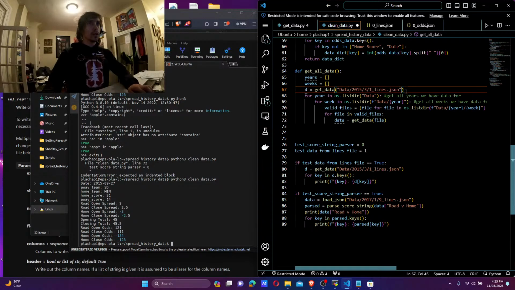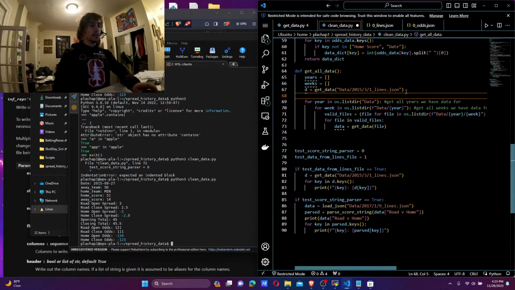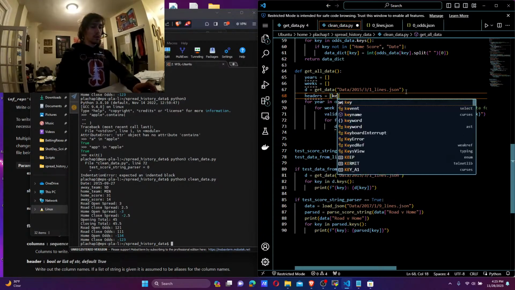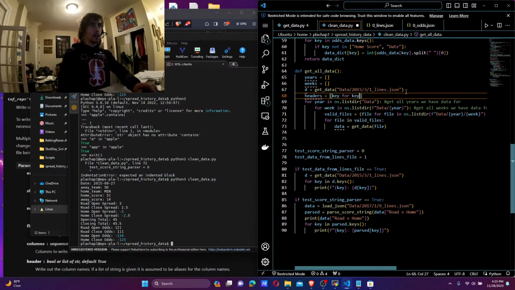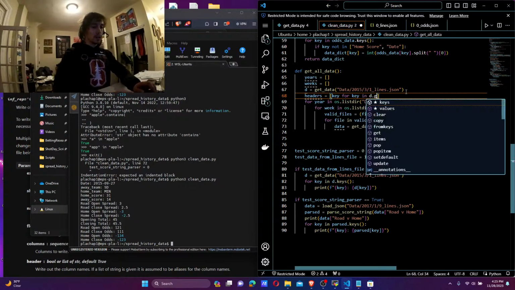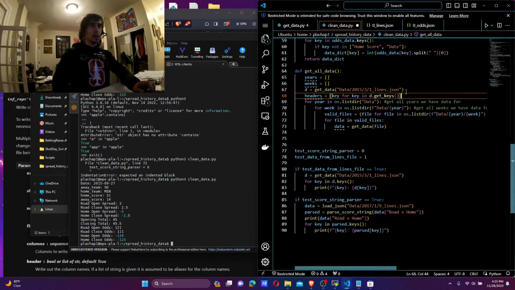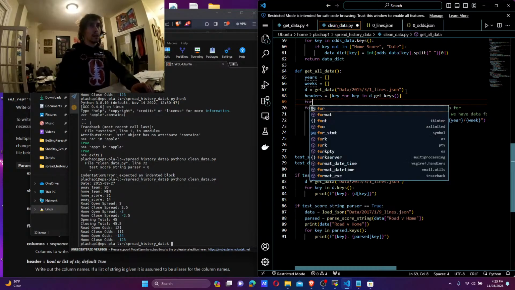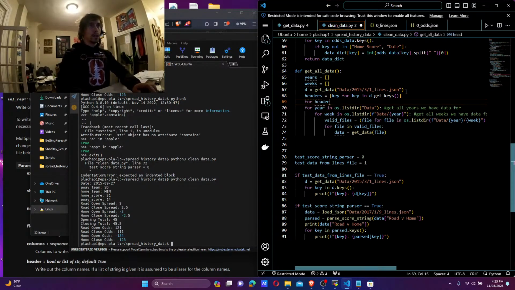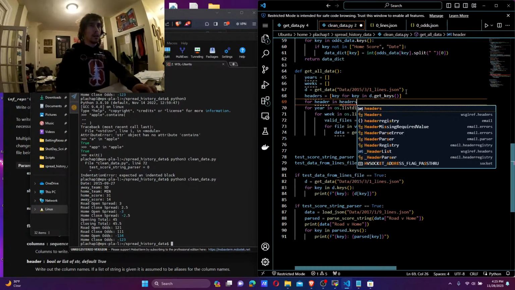So let's go get that file. And then we can say headers is equal to key for key in d.getKeys. And then for header in headers,